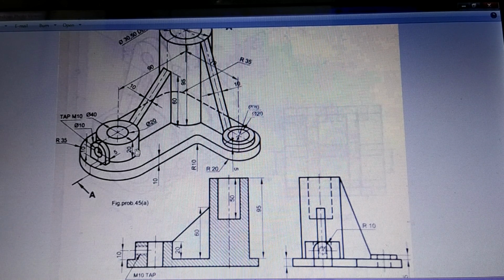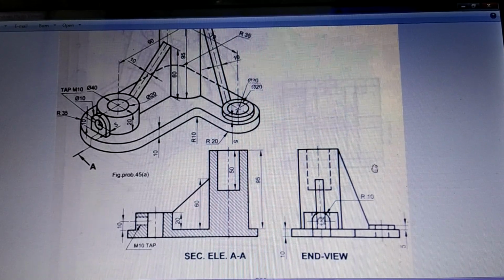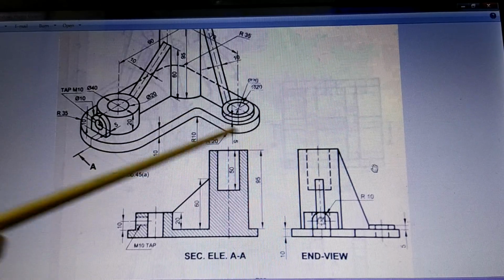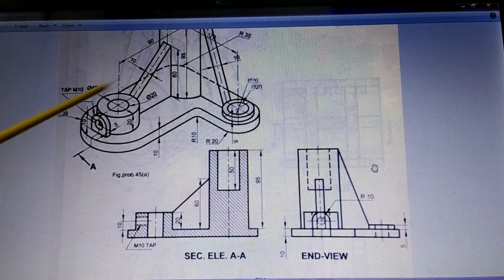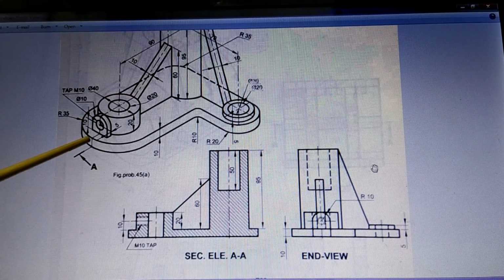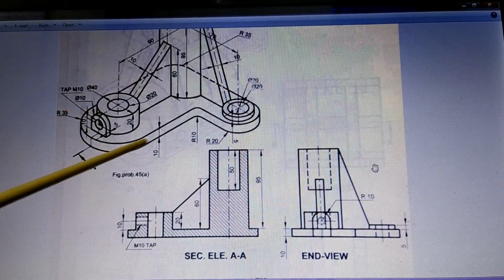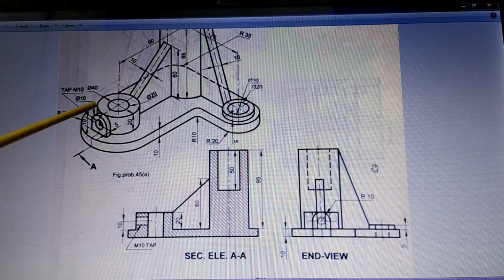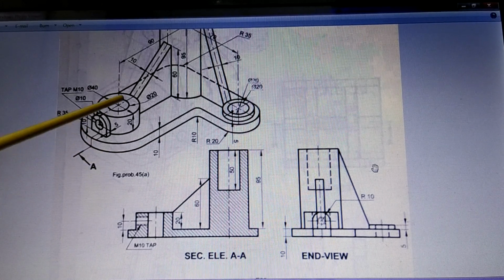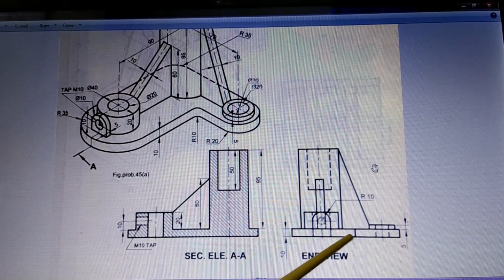Now we have to draw the left hand side view looking in this direction, which is what is already drawn. So what does this view contain? This view contains from this side, you can see this extension, this side, it is the main middle part. So if you draw center line and begin, then with respect to this center line, maybe you can first draw this plate of thickness 10 from this end to this end, whatever is the size given here. You can see here 35. So on center line, from the middle, 35 on this side, 35 on this side.